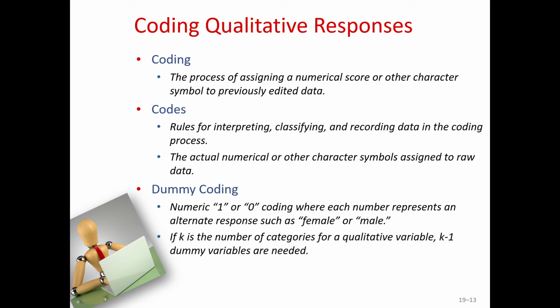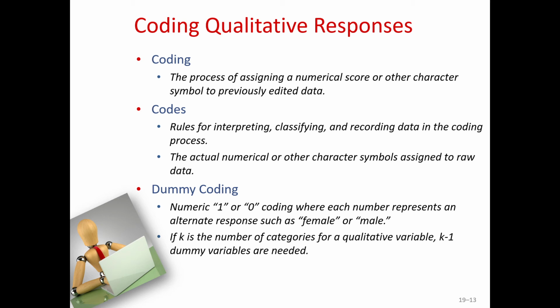But the researcher may consider adopting dummy coding for this type of response, yes or no. Dummy coding assigns a 0 to one category and 1 to the other. So for yes-no responses, 0 could be no and 1 could be yes. 0 could represent a female respondent and 1 a male respondent. There are frequently benefits in the analytical stage of using numeric dummy codes, as they provide the researcher with more flexibility in statistical techniques.